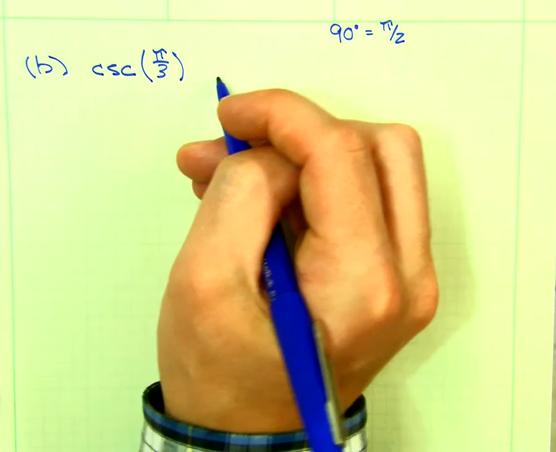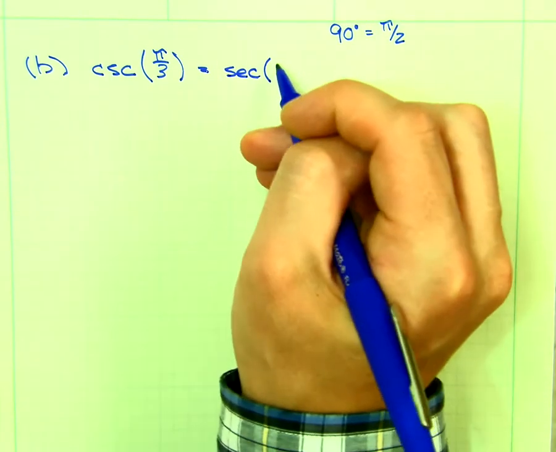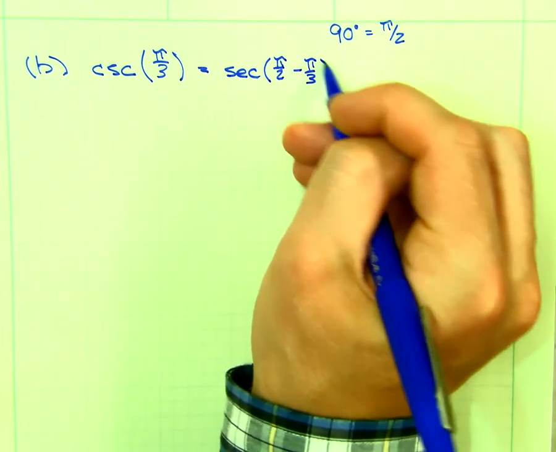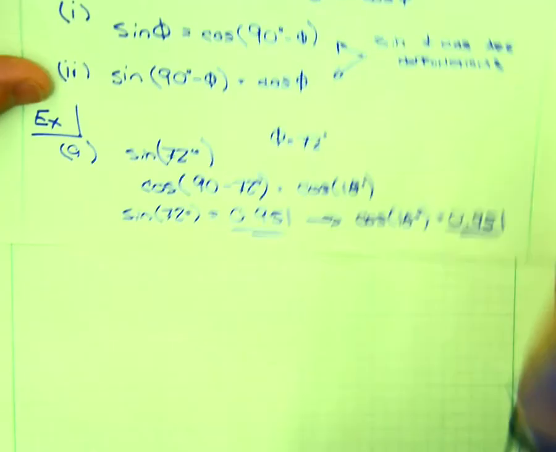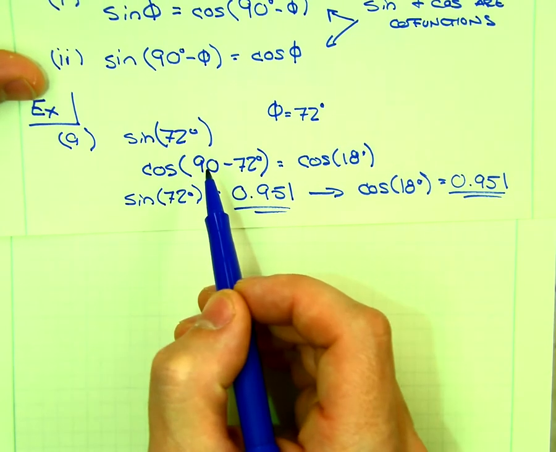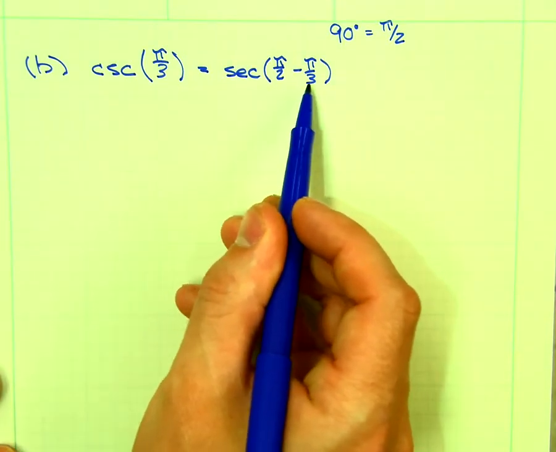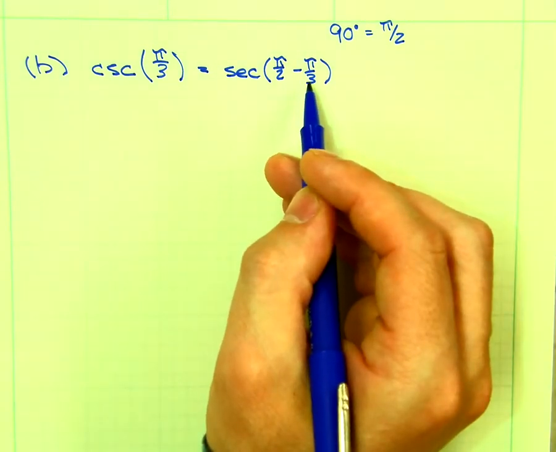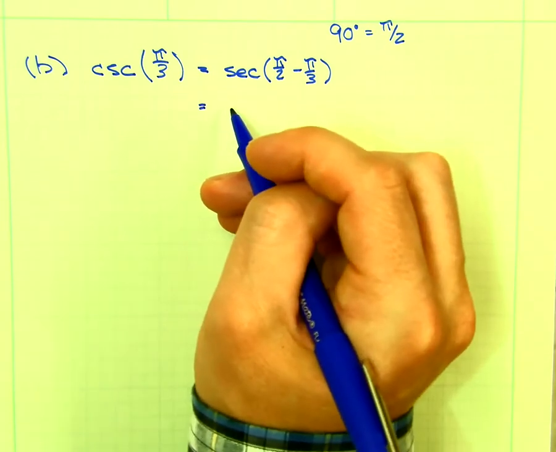So I could say the cosecant is going to be equal to the secant of pi over 2 minus pi over 3. Now this is exactly analogous to what we did right here. The sine of 72 is equal to the cosine of 90 minus 72. This is a cosecant of pi over 3 is equal to the secant of pi over 2 minus pi over 3. Now the secant of pi over 2 minus pi over 3 reduces down